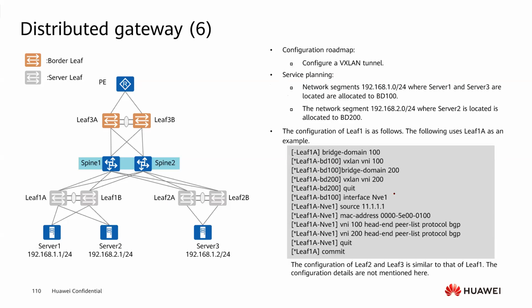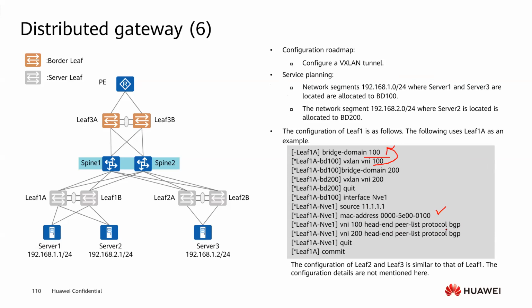And then what is important? And then we need to configure the VXLAN tunnel. You will find that we need to configure the bridge domain and map the VXLAN VNI to the bridge domain. And also we need to configure the NVE interface. We need to configure its source IP address and its MAC address, and the way to establish the VXLAN tunnel